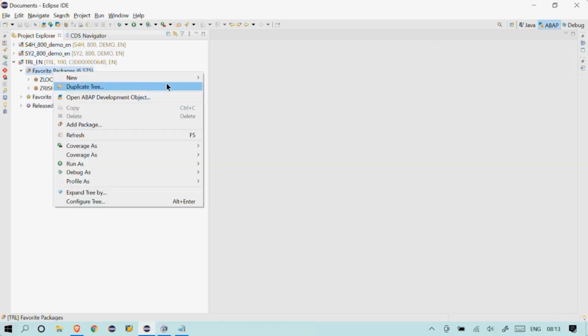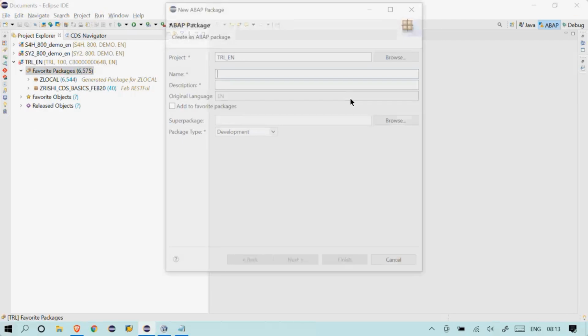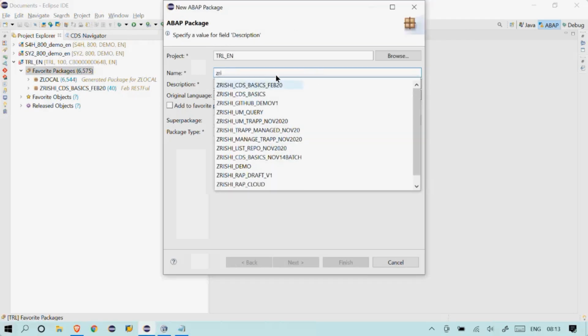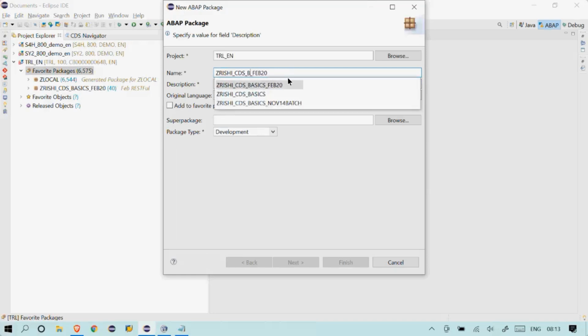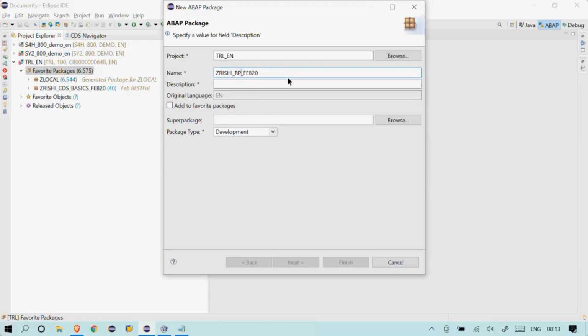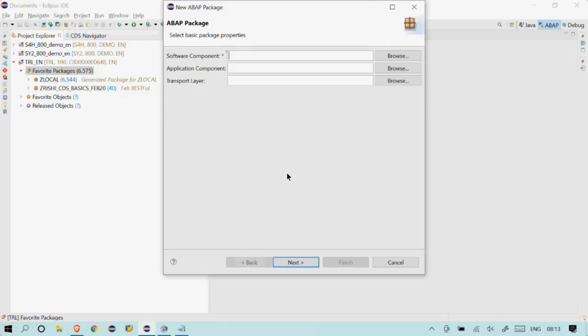For this specific one, I'll create a package for our list report. RAP, I'll say list report, Fab 21. List report development from scratch. Click on next. And software component, you can provide it as home.